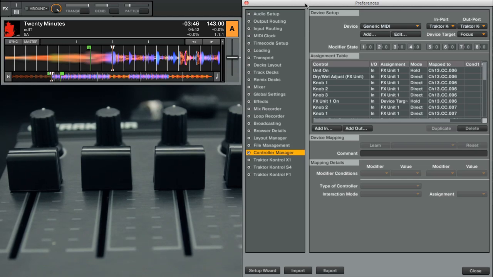So that kind of sparked an idea for a video series on demystifying Traktor's effects. I think one of the more powerful things about Traktor that it has over some of the other DJ software is the amount of built-in effects that you have, and how you can really create your own custom sound in Traktor using these effects. Now, the downside of that is that a lot of people don't know the ins and